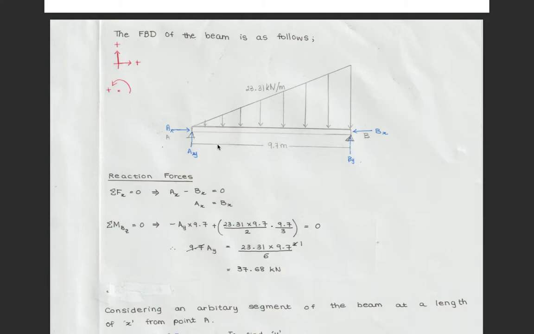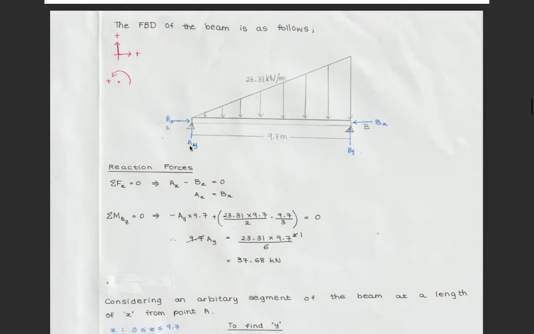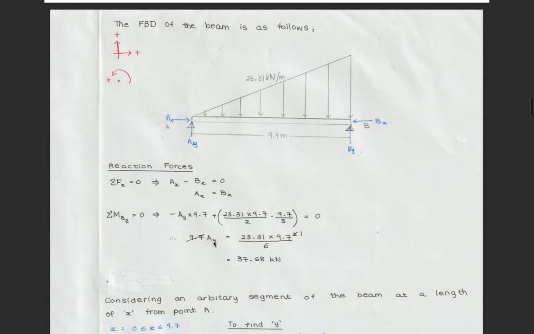So I decided early on that I would use point A as a zero, as a starting point for my shear force and bending moment diagram. So A would be 0 and going up to B it would be 9.7. So having that in mind, I really only needed to find AY to draw my shear force and bending moment diagrams. So to find AY I used